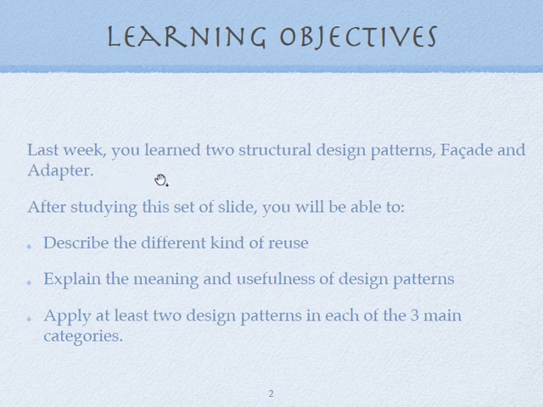The two of them serve as a bridge to help us either adapt to some new backend or simplify some old backend. So we use them to simplify how programs interface and improve loose coupling, to make things more loosely coupled. Today we will finish, but first we will discuss in general what kinds of reuse